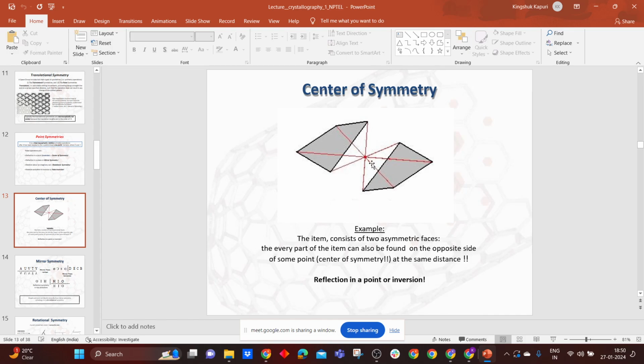So this is exactly how the center of symmetry works. See what we are doing. Let us take this point. This is my mouse cursor. I am taking this point. See students, this point has been traced with a line. It has passed through the central point, and the point has been projected backward. But see one difference. This point is in the upper hemisphere, left hand side, and on the right hand side, the same point has been inverted and is in the lower hemisphere.